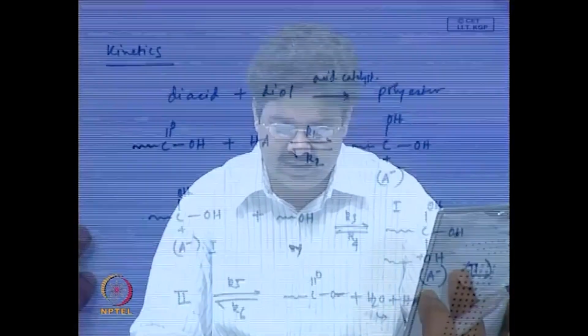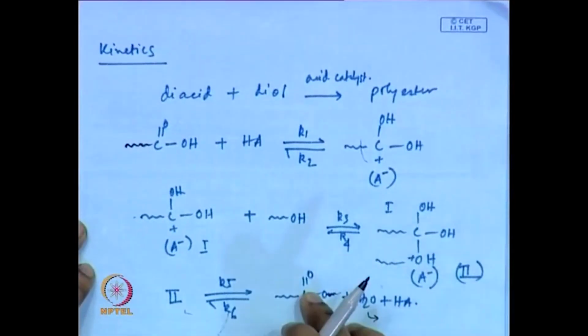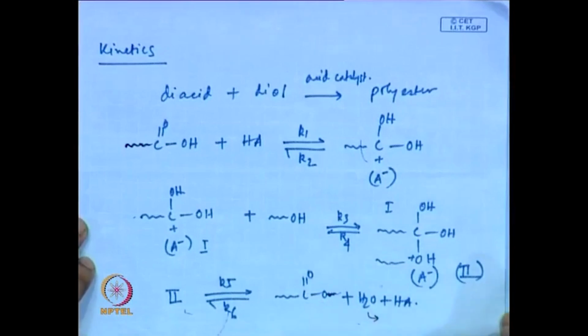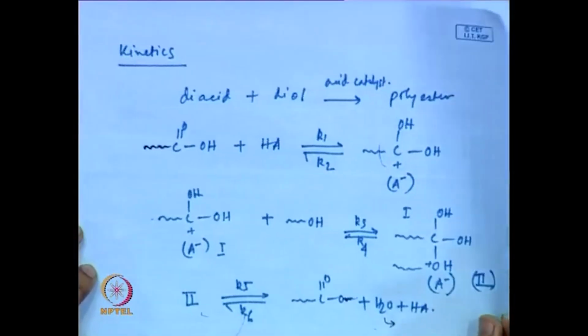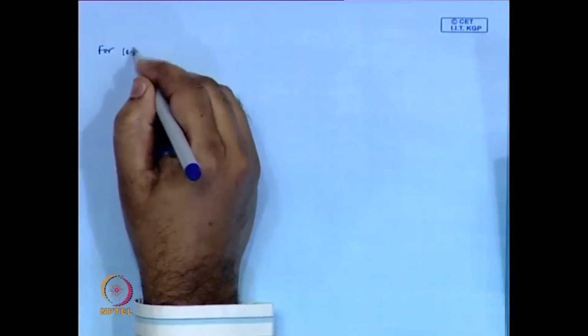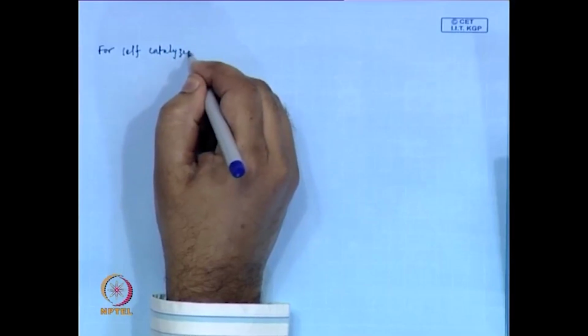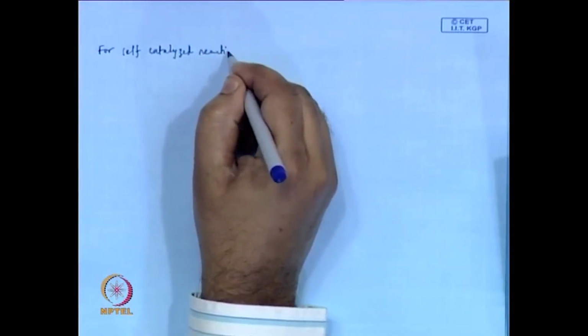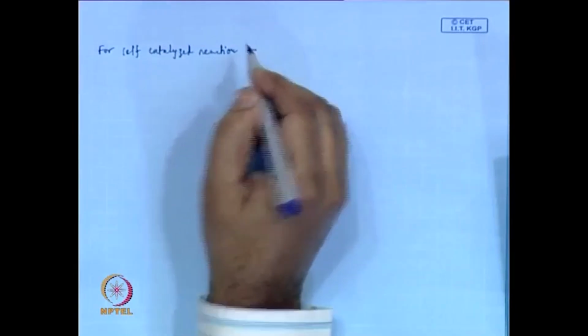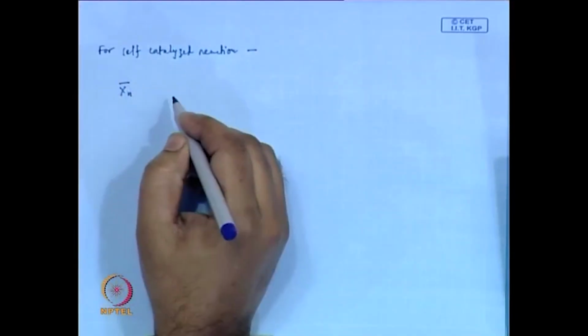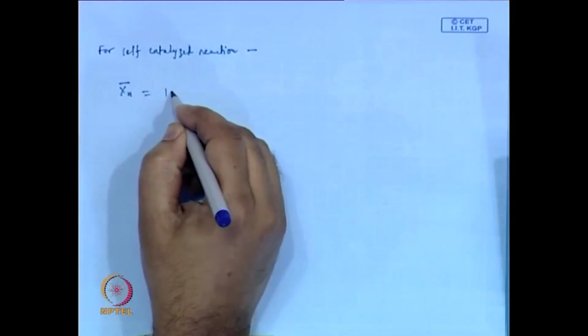This is the reaction we took as our model, the polyesterification reaction, and this is the reaction we followed, and finally what we arrived at is as follows: for a self catalyzed reaction, Xn bar is 1 plus